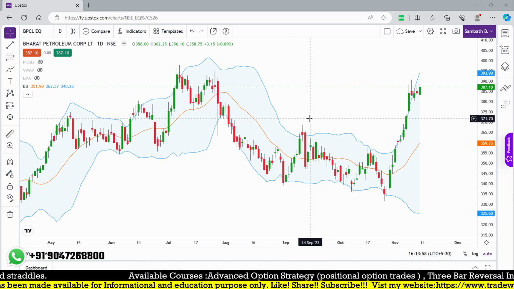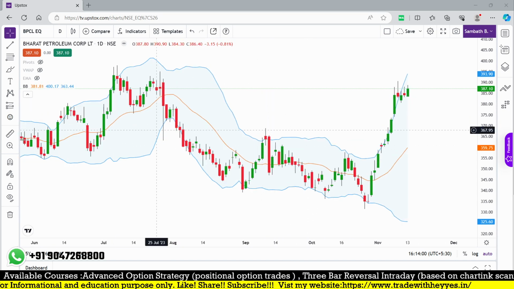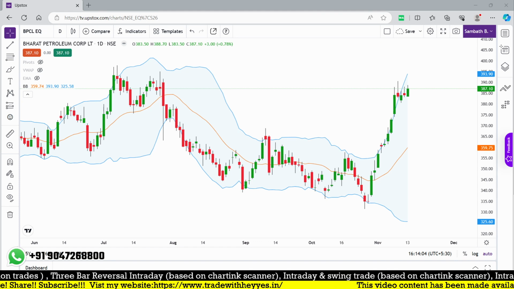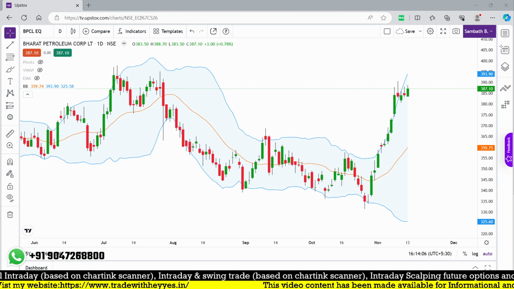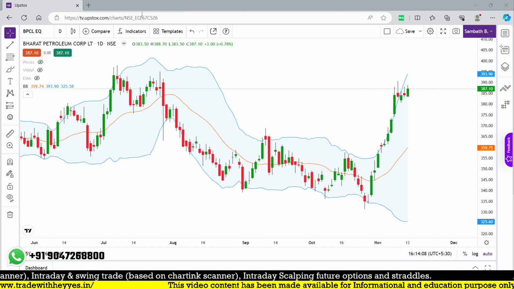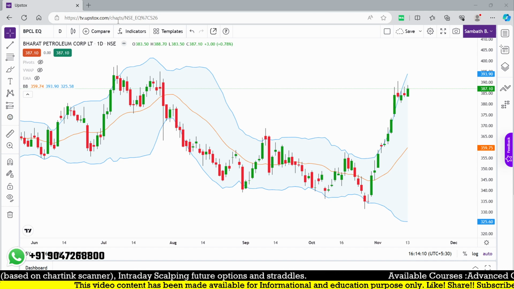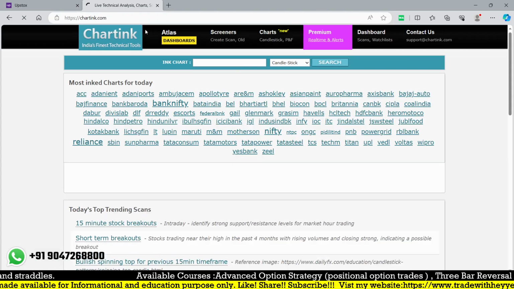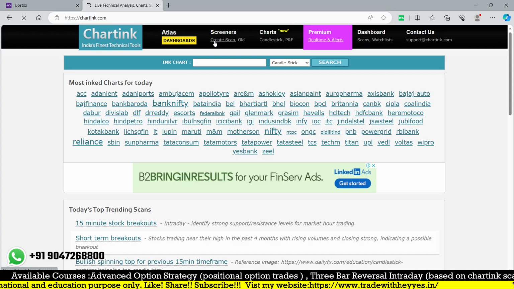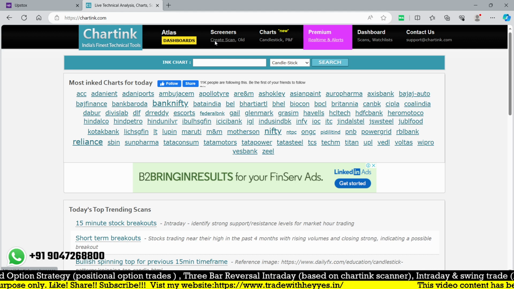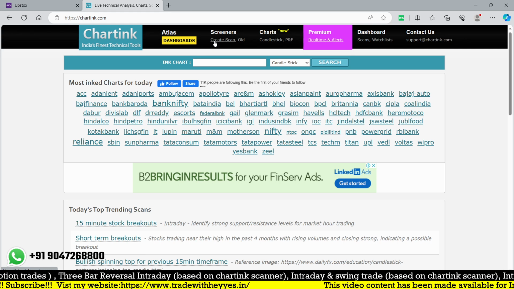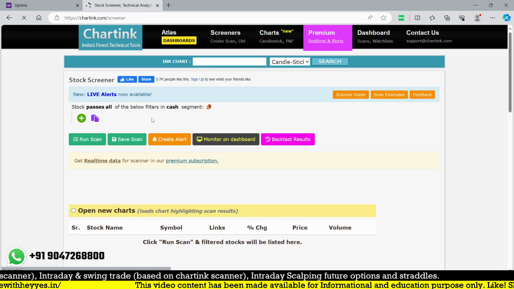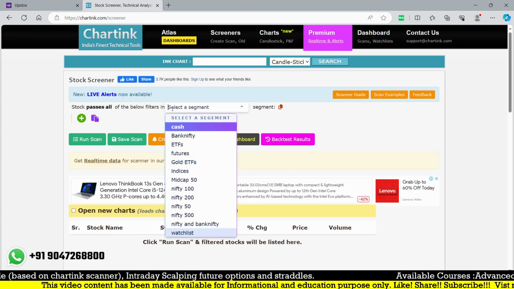First, I'm going to look at a daily scanner. Daily is different and intraday is different, so there are two scanners which I'm going to create in this video. You can watch carefully how to create them, and you can also make them by following the steps. One is a free one, another one is a premium, using a customized indicator that I'm going to create. So just go to create a scanner,